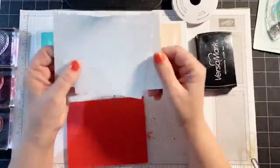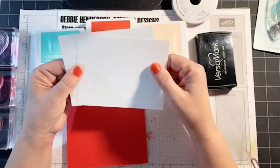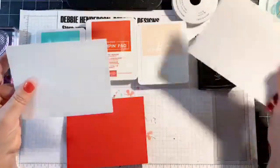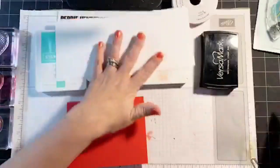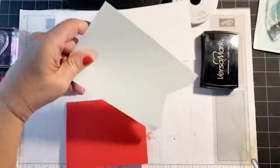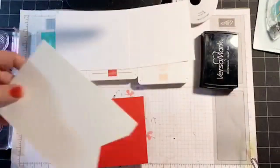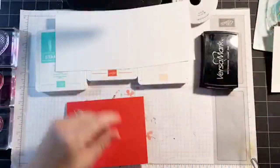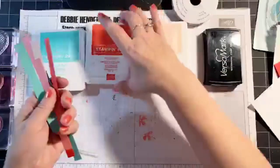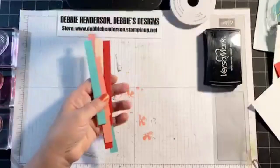Next, I've got 2 pieces of Whisper White, 4 inches by 5 1/4. I'm going to do the inside tonight. And then this one is for the outside, but I'm going to do something with it. A scrap piece of Whisper White. I just dropped something. And then, let me move all of this aside because we need a whole bunch of